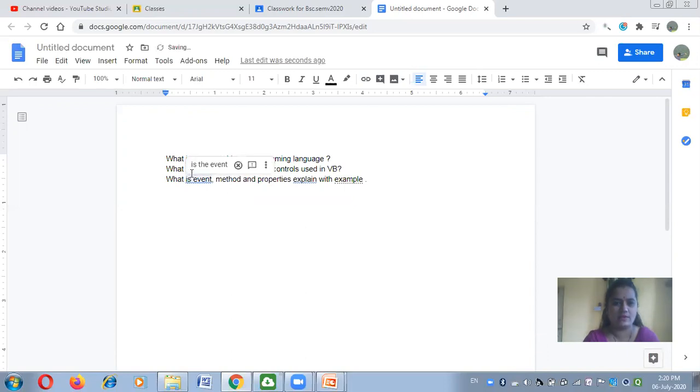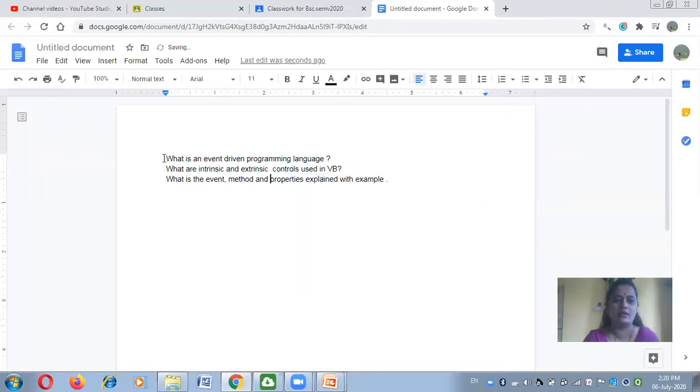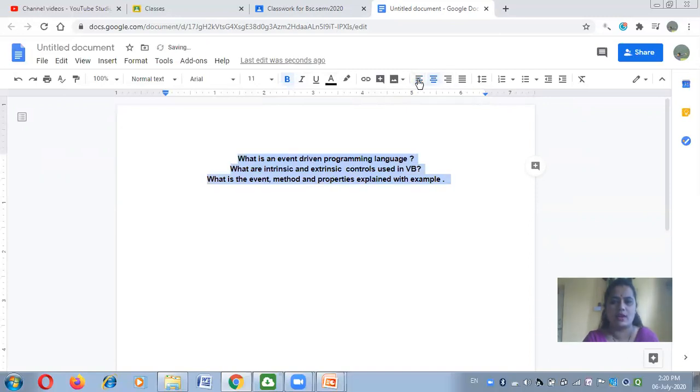If there is some mistake, suggestions are given to you, so you can apply the suggestion. Now for example, if you want to make it bold, you can bold it. For example, center align.